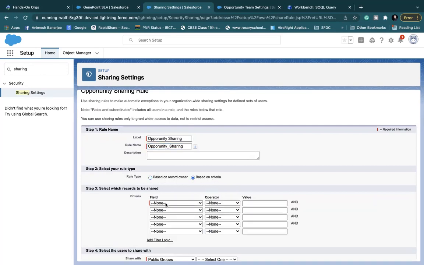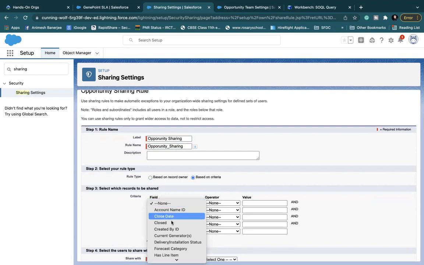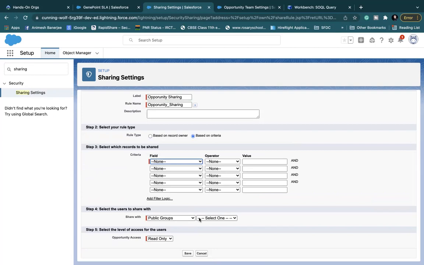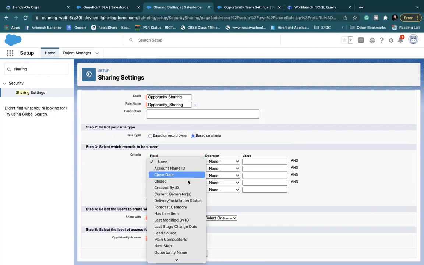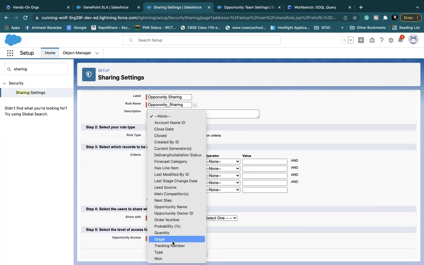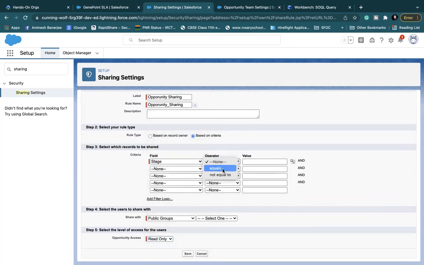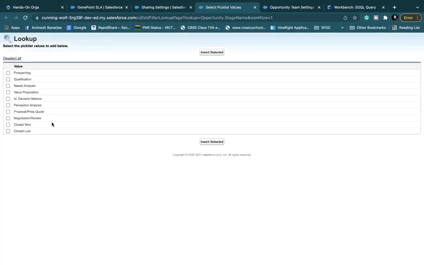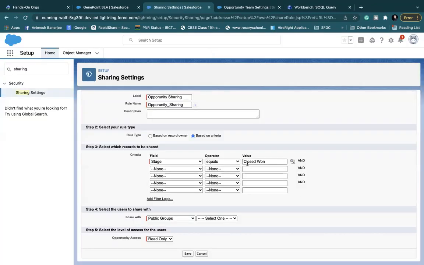If I choose criteria based, I can select any field in the opportunity record and equate it to a value, and then share it to other people. Like maybe the stage is equal to closed one. If that is the sharing rule, I want to give it to administrator, or some lead managers or executives. I can share it based on the criteria.